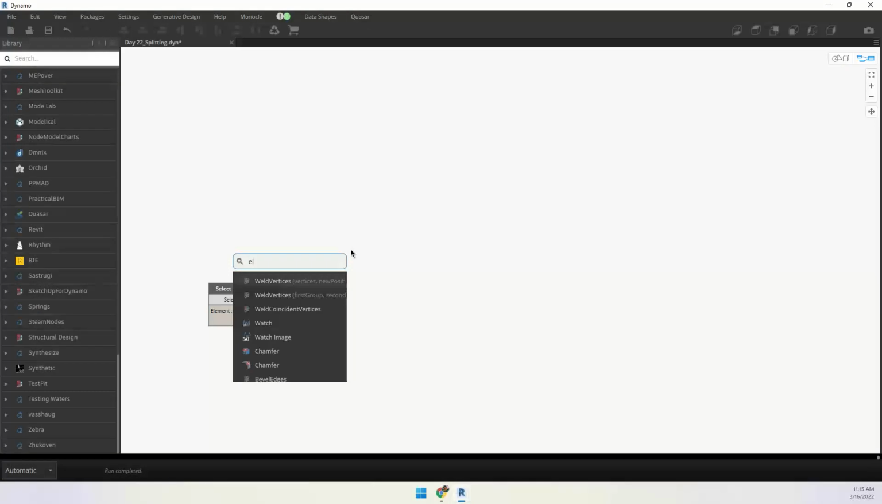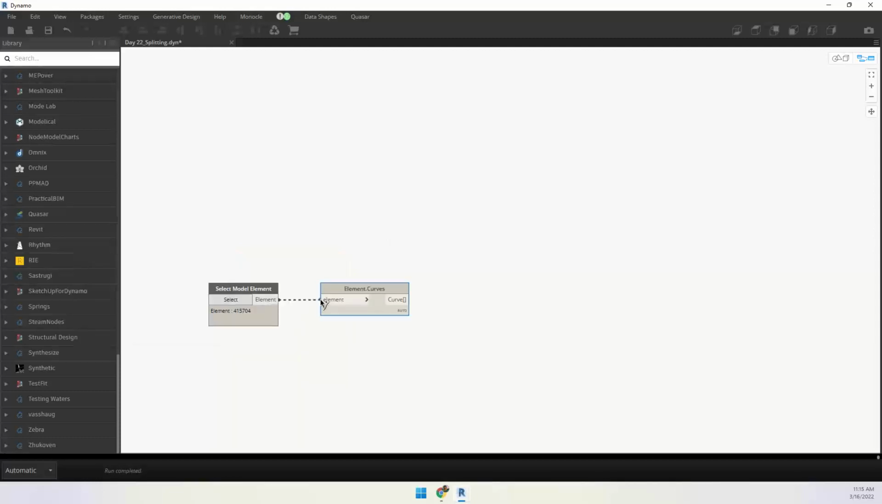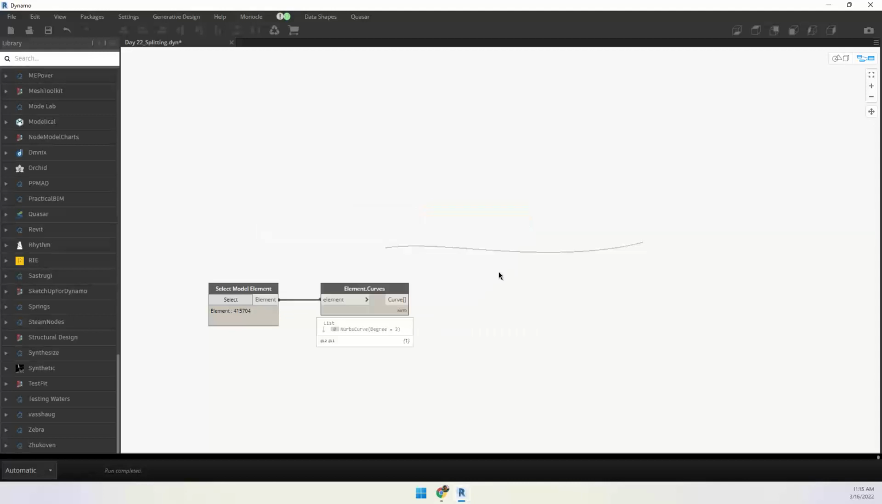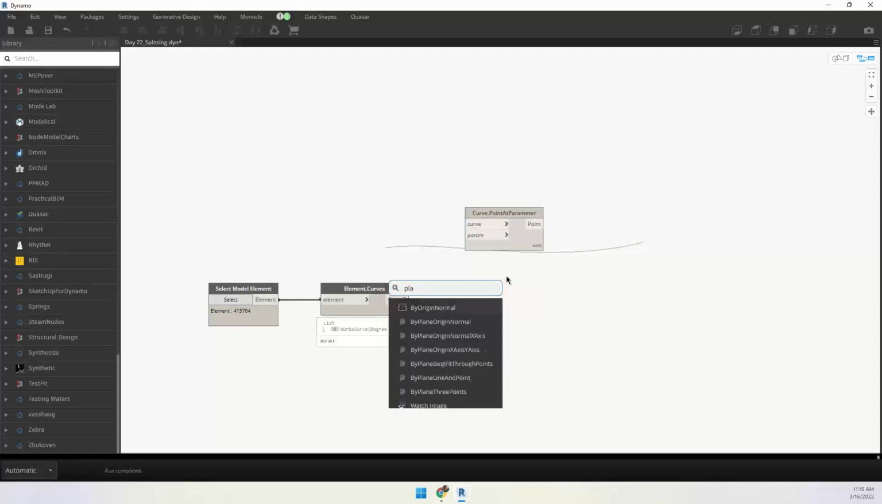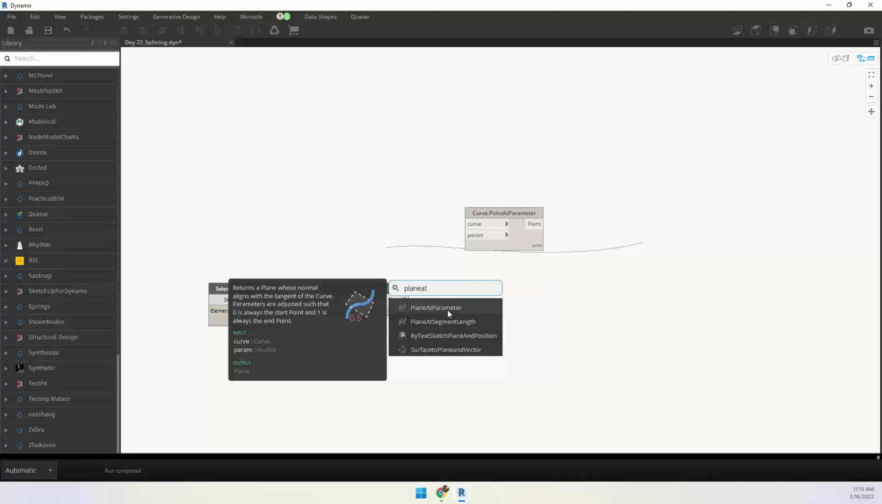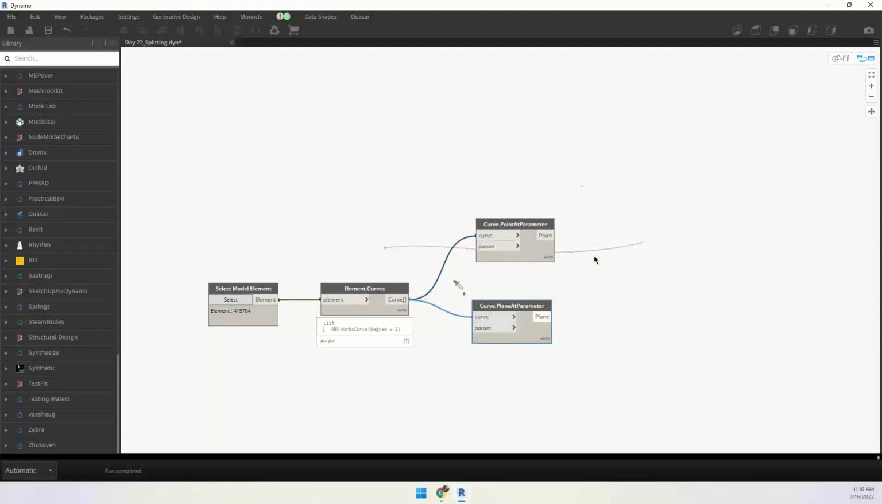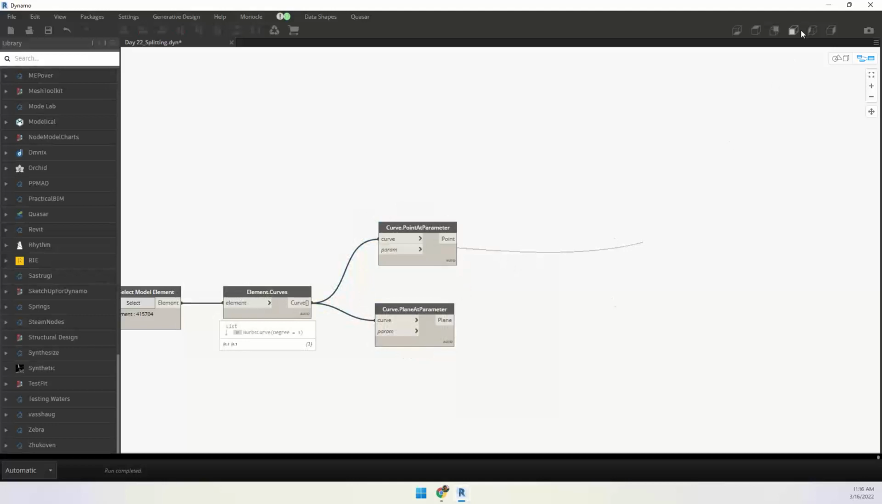We have an element, and Element.Curves. Element.Curve, and I have this, and you need the point parameter and the plane parameter as well. So curve and the parameters, they're just considered like a zero. But when it comes to a straight curve,